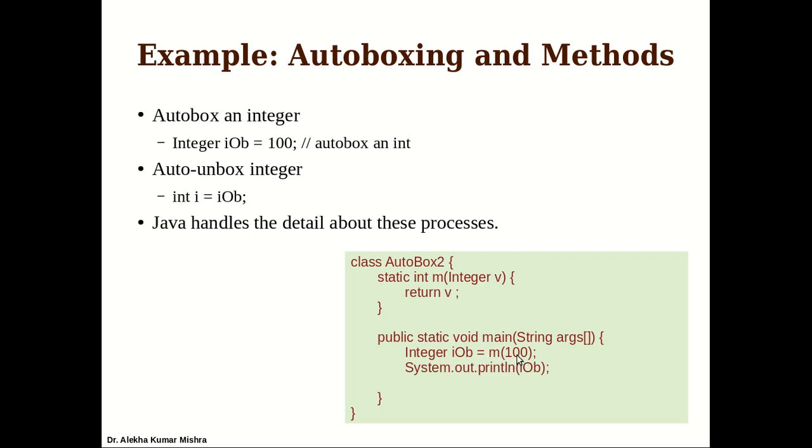Okay, so what happens when this method is called? We create an object here, and a method call and an assignment happen with this line. This method passes 100 first. 100 is an integer, which is again boxed, we can say autoboxing happens. 100 is boxed into the wrapper object v, then v is unboxed and returned as an integer. So boxing and unboxing both happen with this call to n.